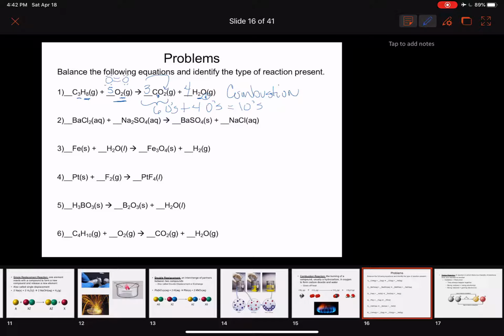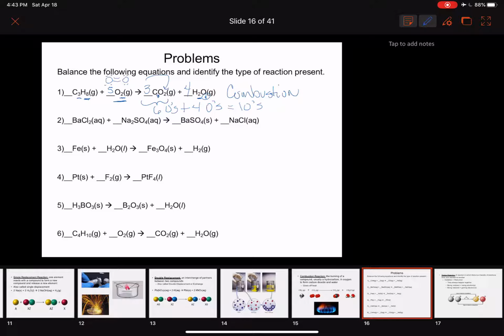So we have 3 carbon atoms on each side, we have 8 hydrogens on each side, and we have 10 oxygens. Okay, number 2, we've got barium chloride and we've got sodium sulfate, and that's going to make for us